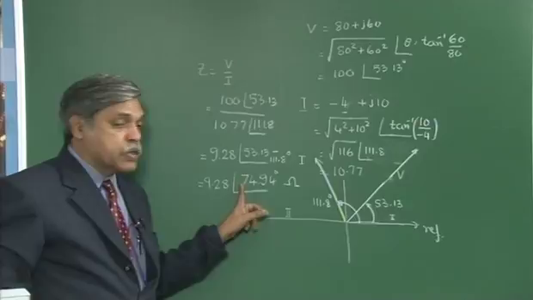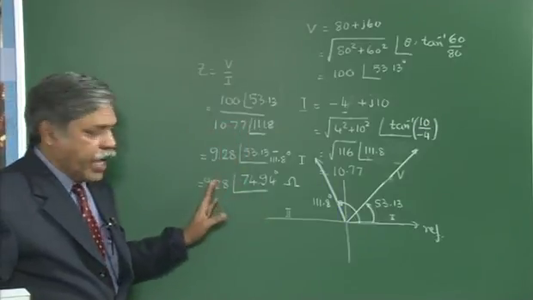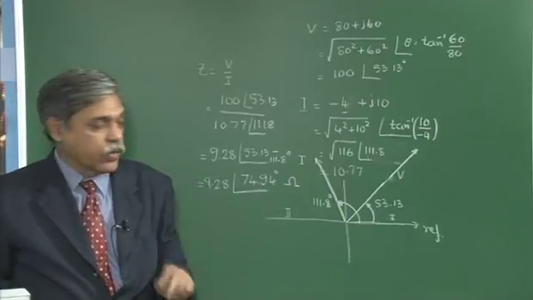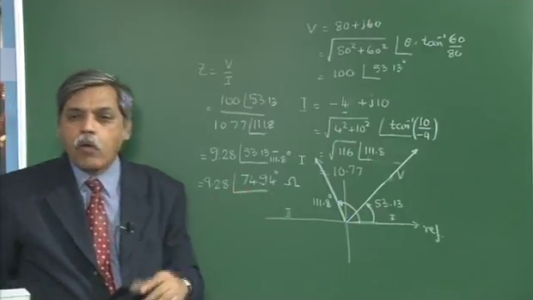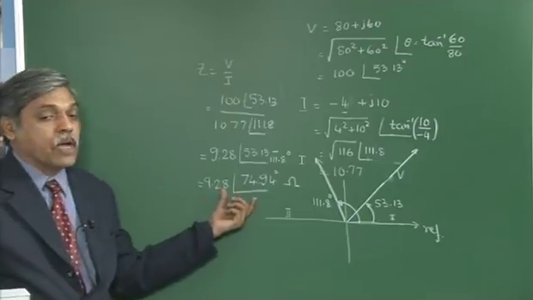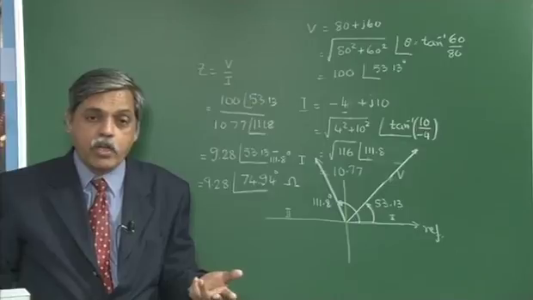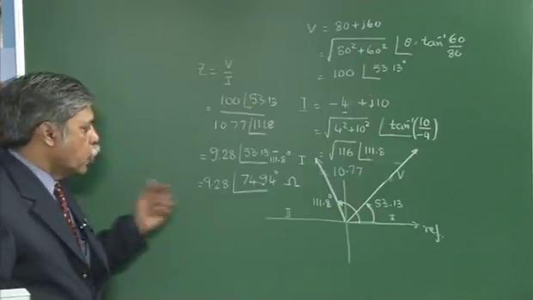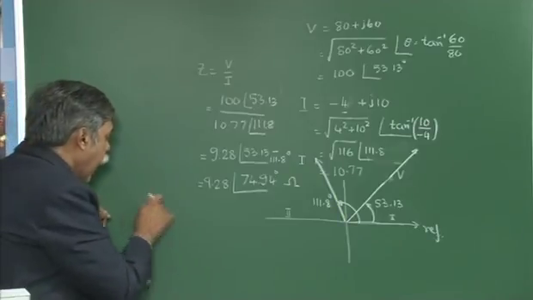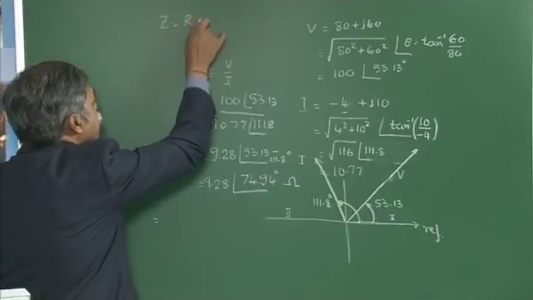Now as the angle is positive here, I can say that in this circuit I have a combination of resistor and inductor in series, okay. But I am not interested in the resistance value and the reactance value. Even with the data available, it is possible for us to calculate the resistance and the reactance. Suppose I want to do that, as it is not asked in the problem, but still I am telling you, I can write Z is equal to R plus jX.